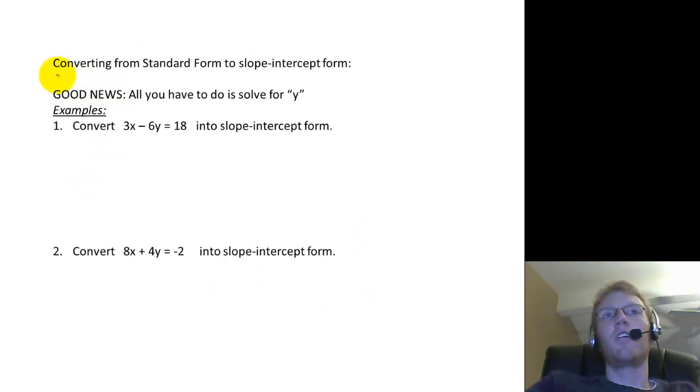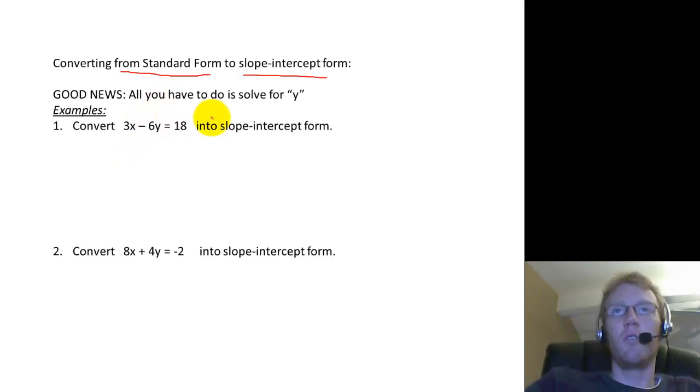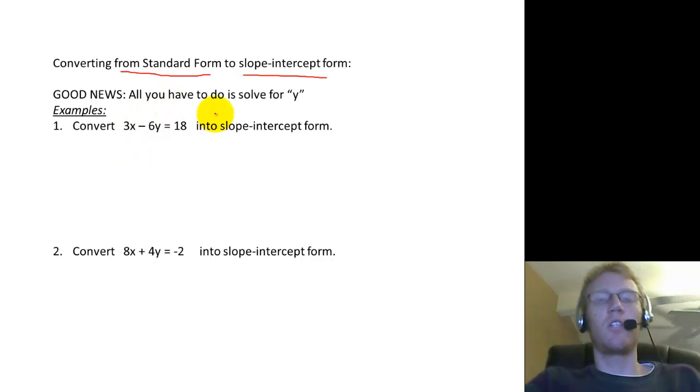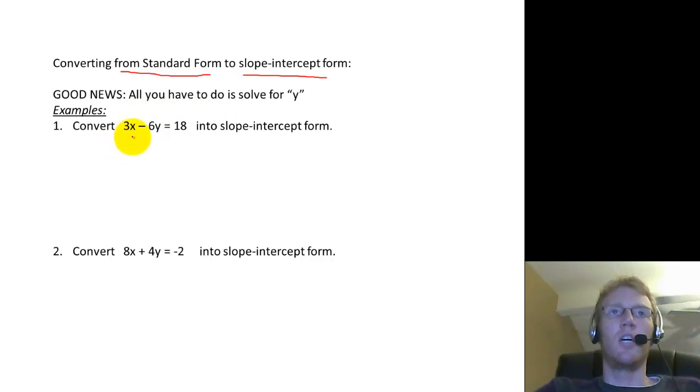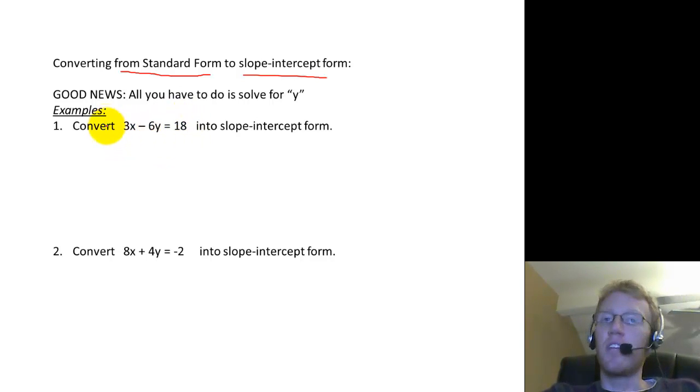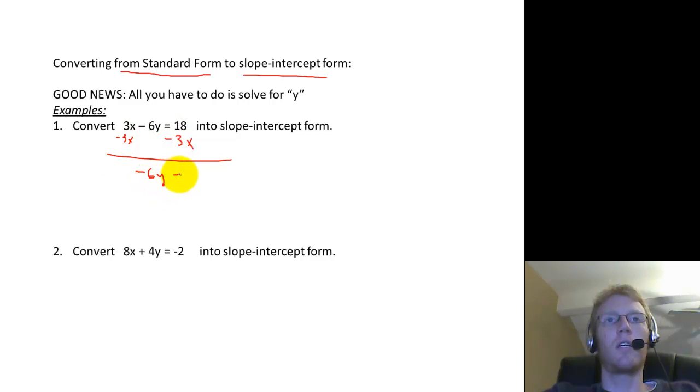Okay, so converting from standard form. If you start in standard form and you want to go to slope-intercept form, it's actually quite easy. All you have to do is solve for y. We've done a million equations where you're solving for a certain variable. To solve for y, you just have to get everything away from the y and get the y by itself. So the first thing you would do, for example, if you have 3x minus 6y equals 18, you could subtract 3x from both sides, and then you would have negative 6y equals negative 3x plus 18,